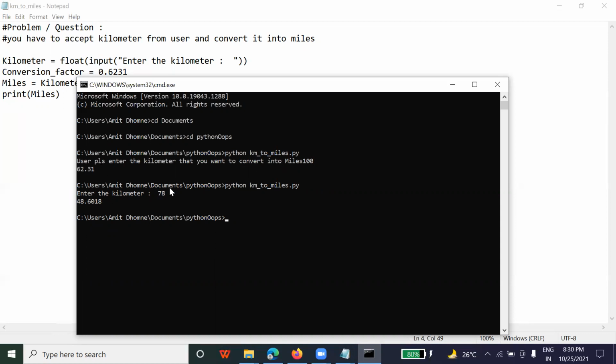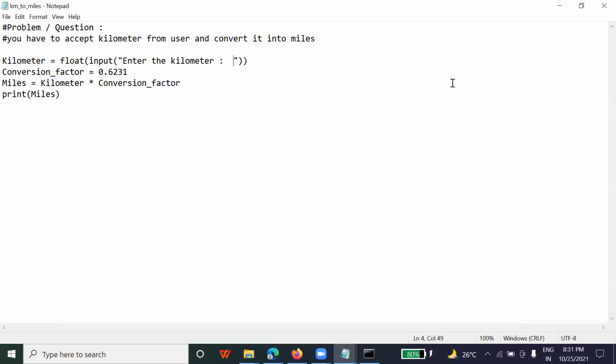Here also you can just think of it as 10 plus half of this 78. For 100, half is 50 plus 10, 60, around 62. So here also when you divide 78, it will be 39. So 39 plus 10, it is something like 49. So you can just think that kilometers will always be greater, and miles will be 10 plus half of the kilometers. So like this is the way of solving the problem. Okay. So like this, you have to solve the problem.